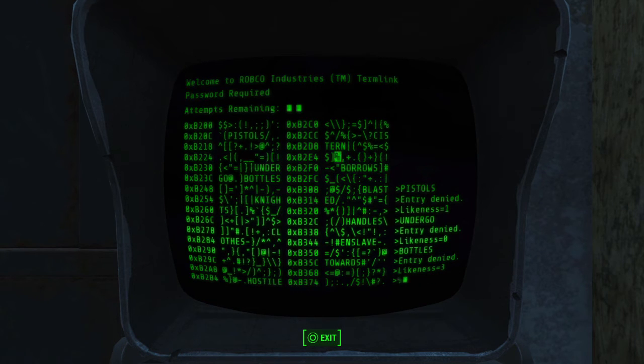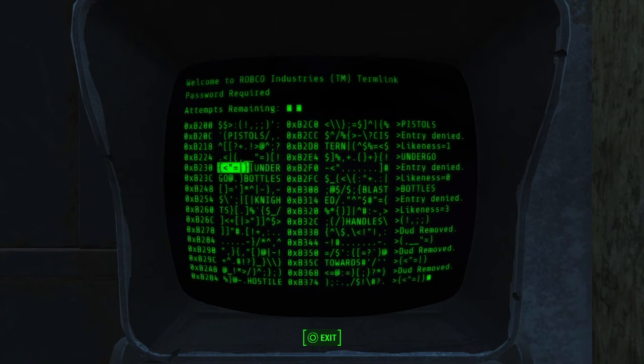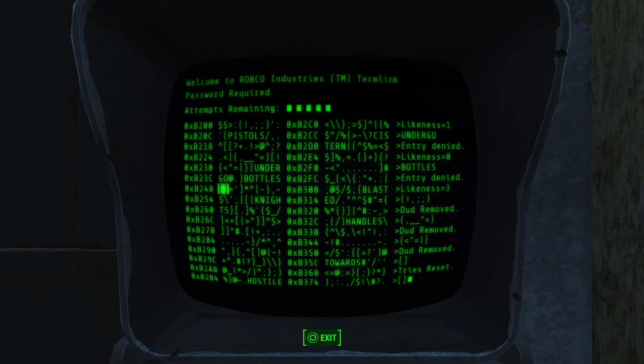So before I do that, let's try to find one that will reset the tries, just in case. Oh wait, here's one. No, remove the duds. And is it going to let me find one? There we go. It reset the tries. See, I've got 5 tries back again. Except...